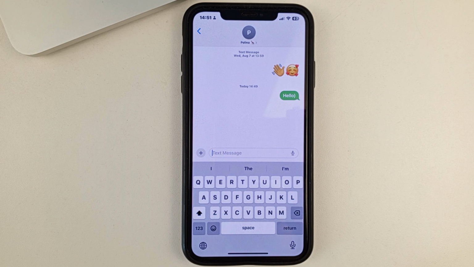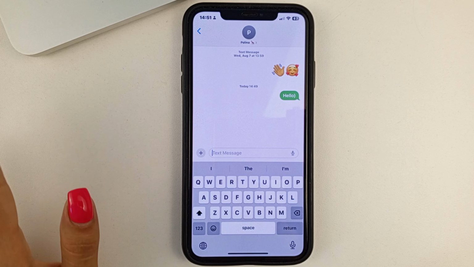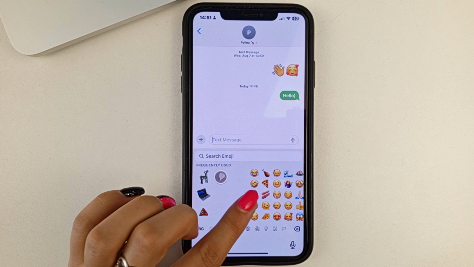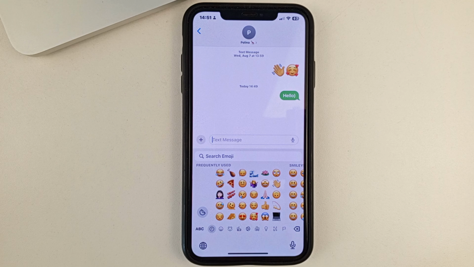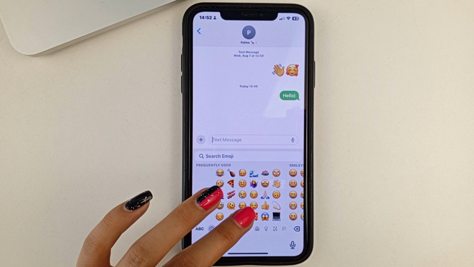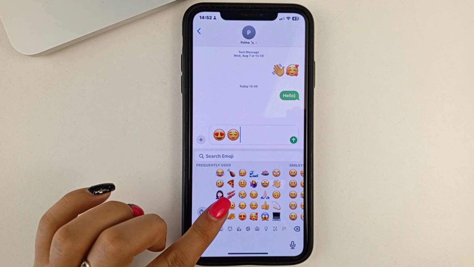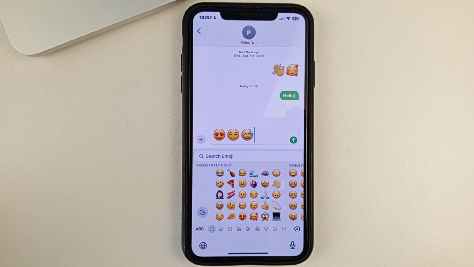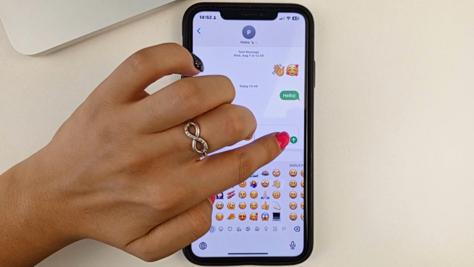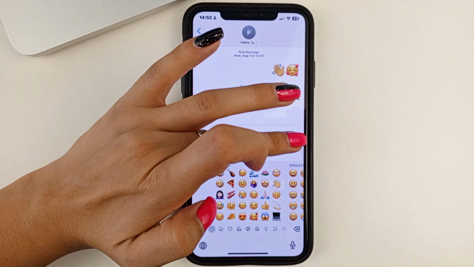And first of all, please open the messaging app on your iPhone and go to the correspondence you need. Next, you can enter any text that you want. Or you can also enter some sticker if you need to. Then when you've entered the text, click on this send sign here. Click on it and hold it down.